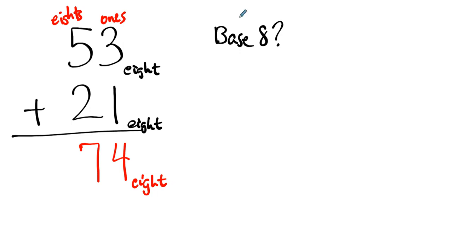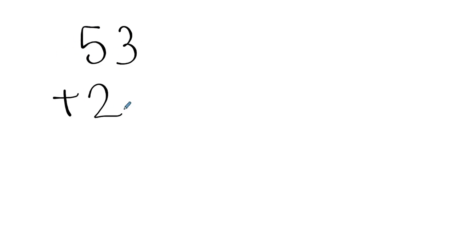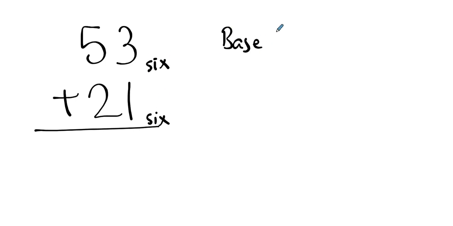So what happens if these are base 6 numbers? What happens if it's not base 10 or base 8, but base 6? Well, these are the ones. These are the sixes. 3 ones and 1 one, that's 4 ones. 5 sixes and 2 sixes is 7 sixes, but 7's not a digit here. 7 sixes